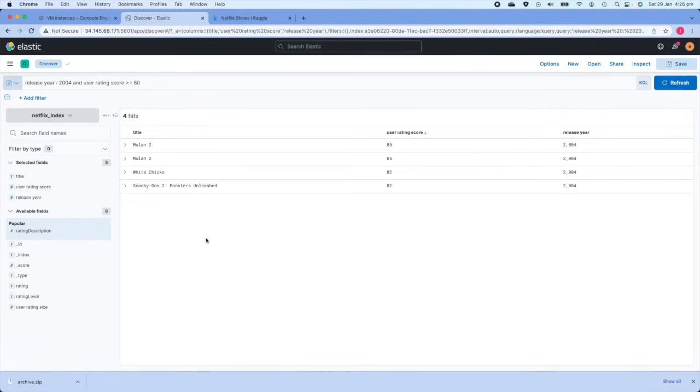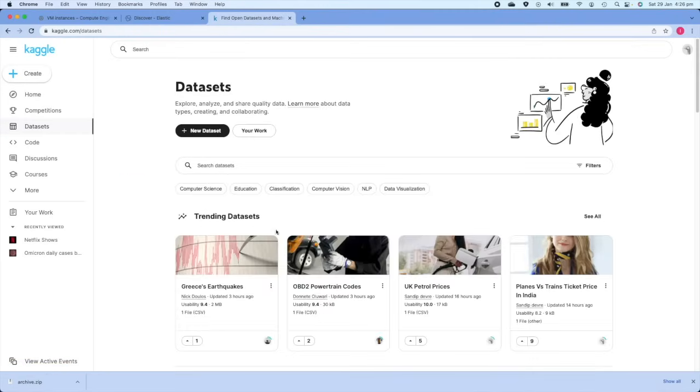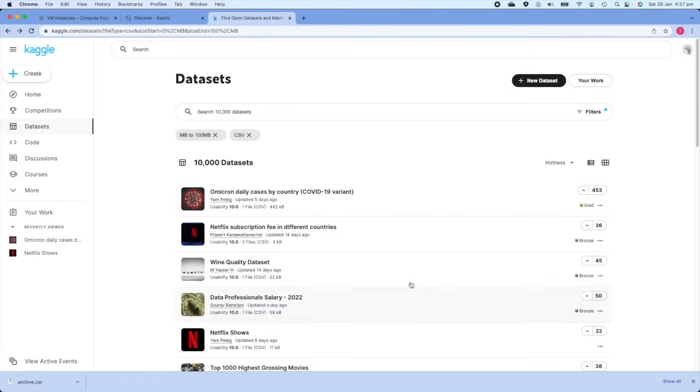Now next, let's download some time series data. Going back to Kaggle, I'll go to datasets. Now under datasets, I'll click on filters again. File size would be 0 to 100 MB, and on tags, I'll type in time series, and then I'll click on apply. Now out of the results, I'll click on the first result, Omicron daily cases by country, and here